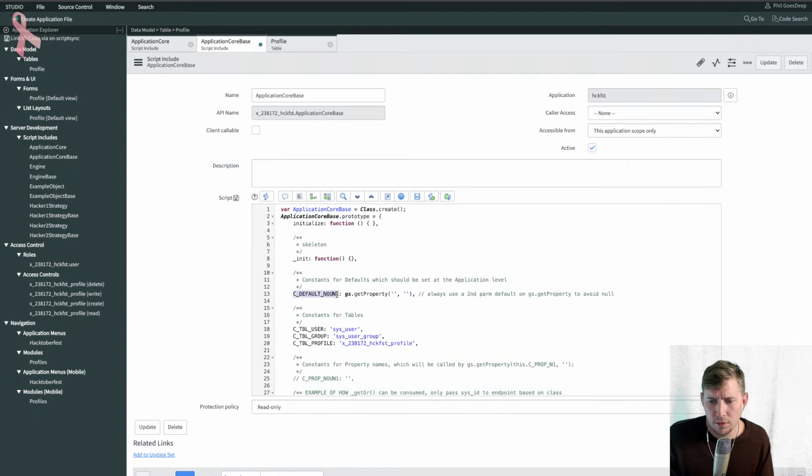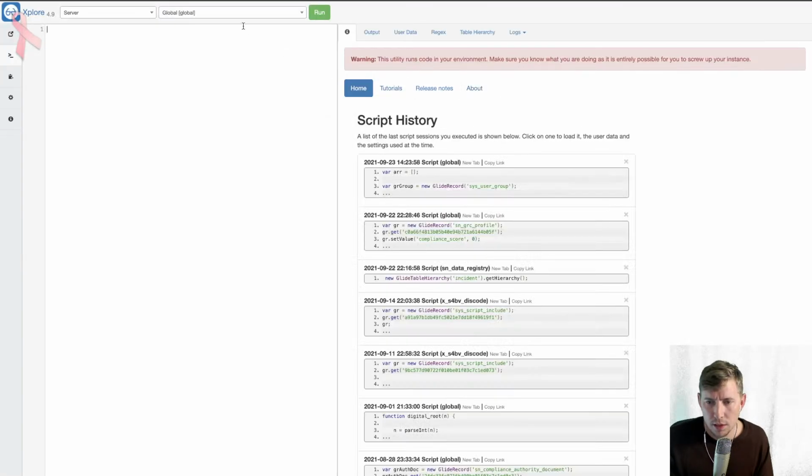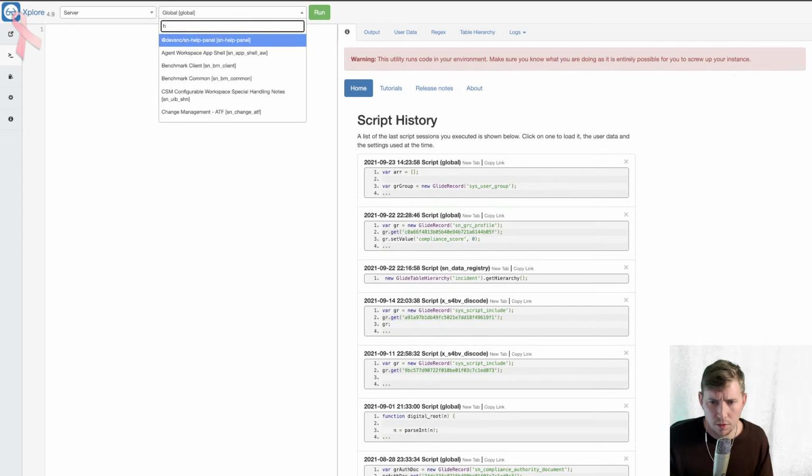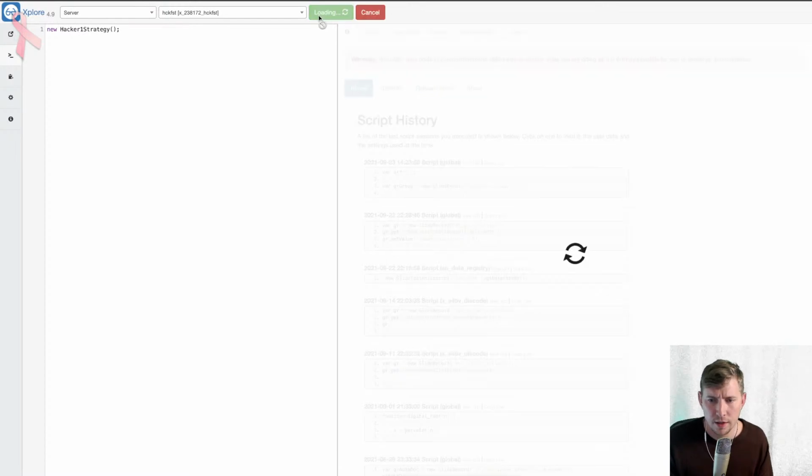Default, yeah, noun, you know, I'll just put that in there, noun 1. Call it what you want, replace that. You can delete these if you don't need them. But in my application core now, if I was to go to Explore, I love Explore, you know this. If I go to Hackfest in my scope and say new HackerOne strategy and just instantiate that,